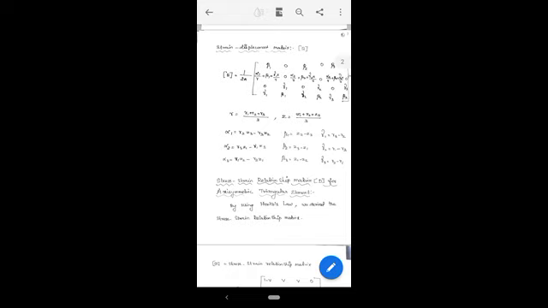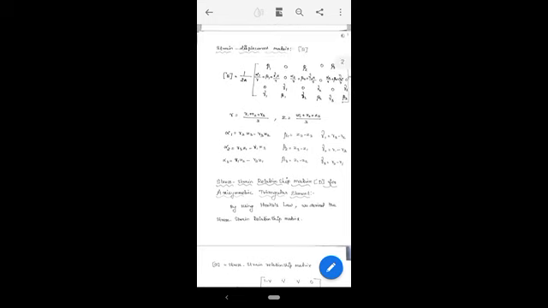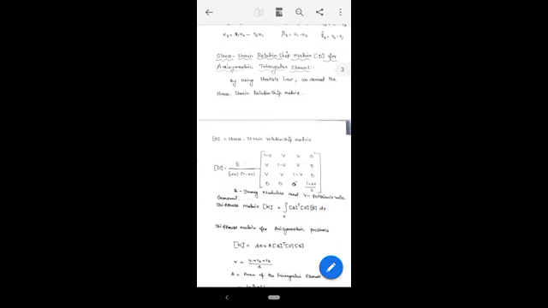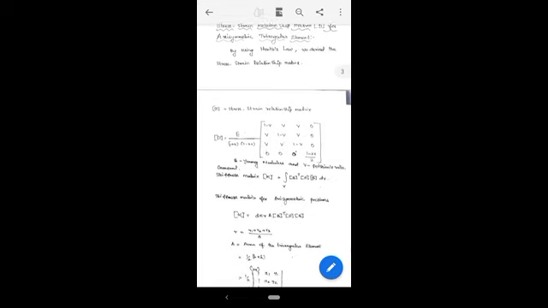And then the stress-strain relationship matrix. Another name for it is the D matrix. You can understand what the B matrix is and what the D matrix is. By using Hooke's law, we obtain the stress-strain relationship matrix. The matrix D is equal to E, where E is Young's modulus, divided by (1 plus V) and (1 minus 2V). It is a formula. What is V? V is the Poisson ratio.